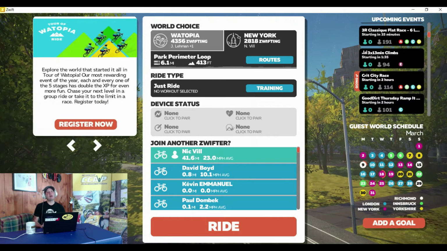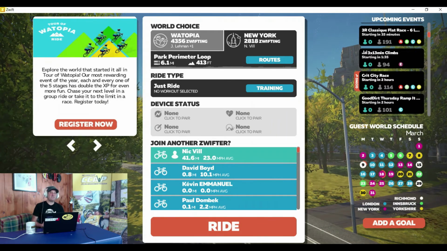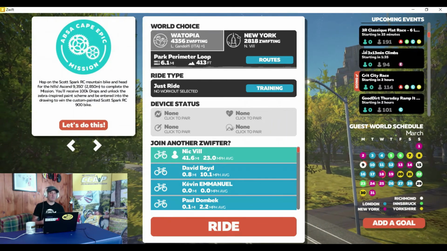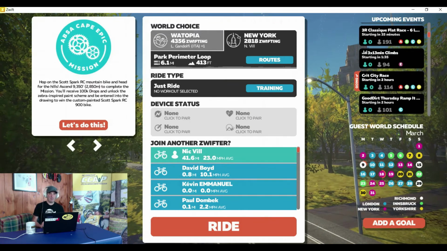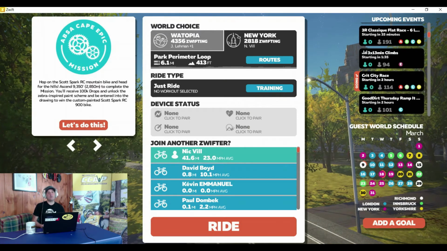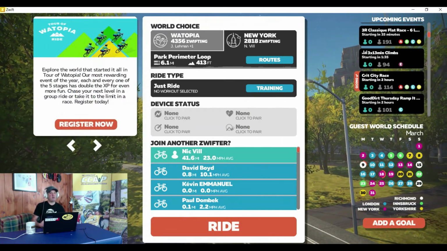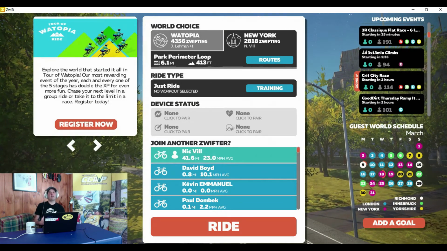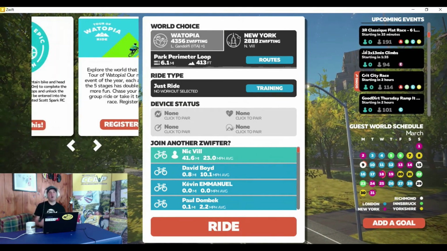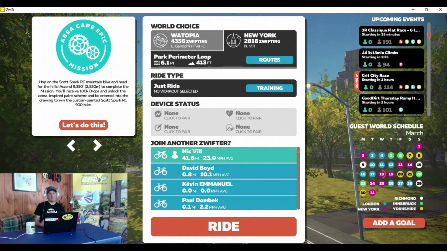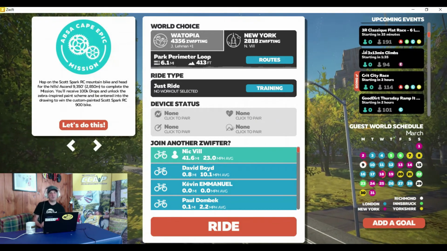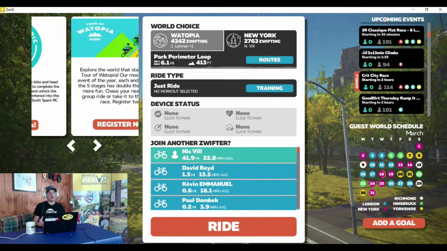I highly recommend that you are ready at least 15 minutes prior to the start of any scheduled ride, race, or meetup, because you might have an equipment issue, you could have a connection issue. I know that because we're all home now, a lot of networks are getting bombarded with a lot of traffic, so you want to make sure that you don't have any signal loss or any connection issues before you get